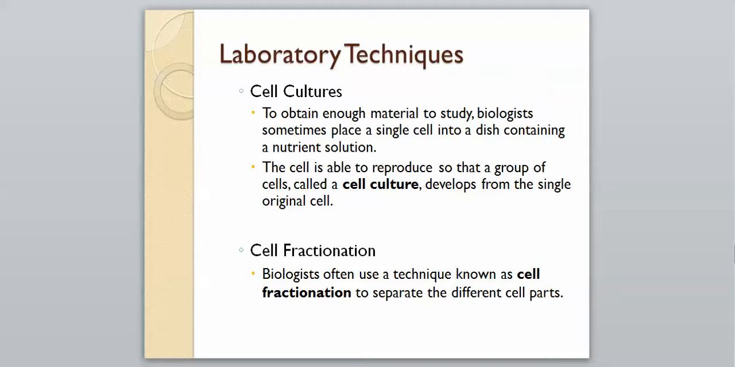Scientists do this by placing a single cell into a dish containing a nutrient solution. The cell is able to reproduce so that a group of cells, called the cell culture, develops from the single original cell. So then another technique they go over is called cell fractionation,